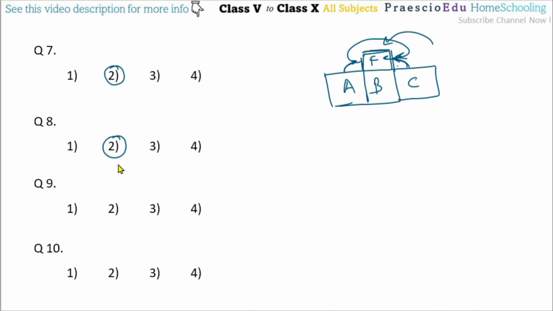Then question number 9: the net of a cube-shaped number die is given below. Which number will not come on the adjacent surface? Not adjacent means it should be the opposite surface. Consider the adjacent surfaces of the surface with number 5. If you observe, 5 has 6 and 3 adjacent, and 4 and 2 edges will also be adjacent after folding, but the number 1 surface cannot be, so it will be opposite. So option number 2 is correct for question number 9.